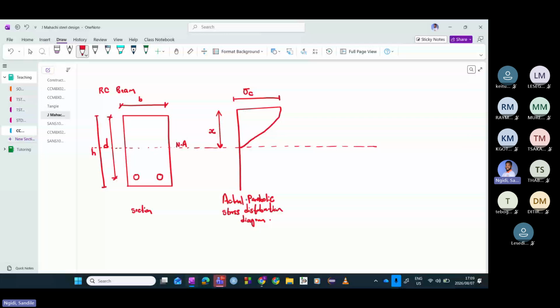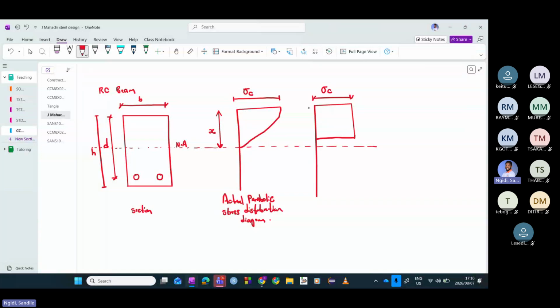So we've said, okay, we can have an equivalent representation of this parabolic shape, where instead we represent it as a rectangular shape, where here on top we are still having our maximum concrete